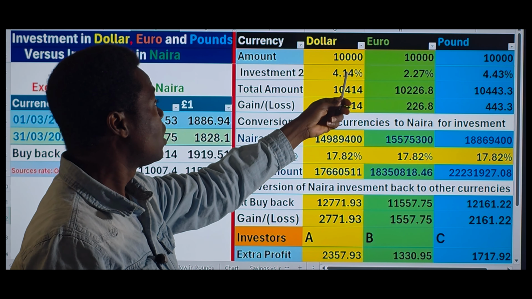2,357.93 dollar. You can see that as investor A took advantage of the high interest rates in Nigeria and invested his $10,000, he made extra profit of